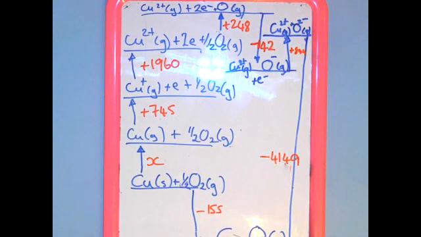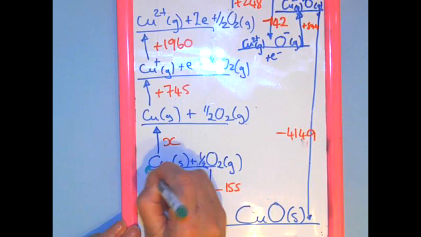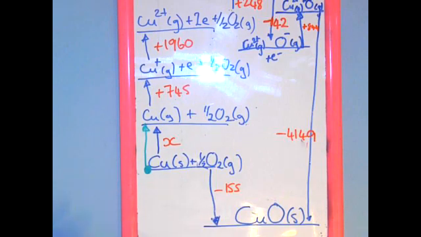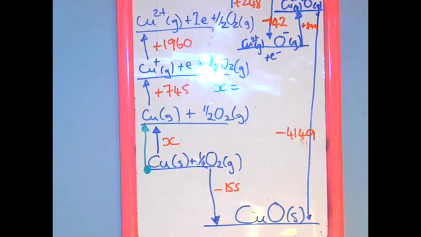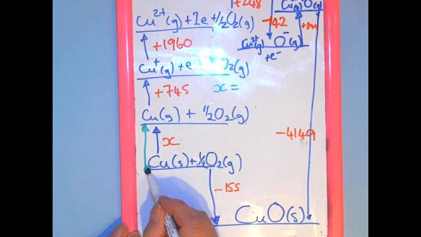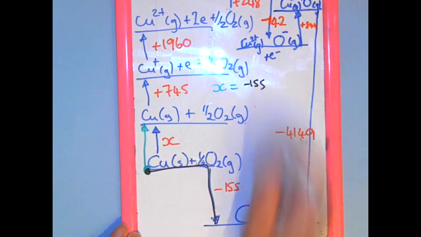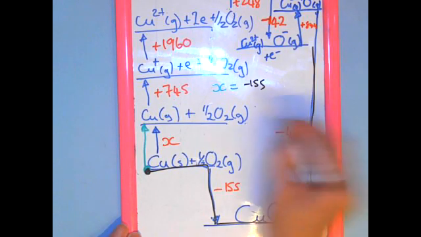Right, let's go around this cycle then. So I want to find out what X is. So if I start here and go to there, that would be the value for X. So X equals... Now, the way I'm going to go around the cycle is I'm going to start here, and so that's going in one way. I'm going to go in the opposite direction. So I'm going to go in this direction. So that's minus, I'm going with the arrow and the sign, so it's minus 155. I'm going against this arrow now, so I'm going to flip this sign. So that's plus